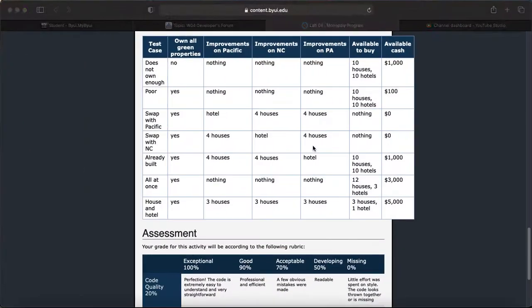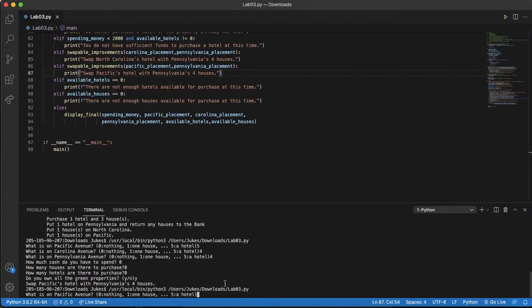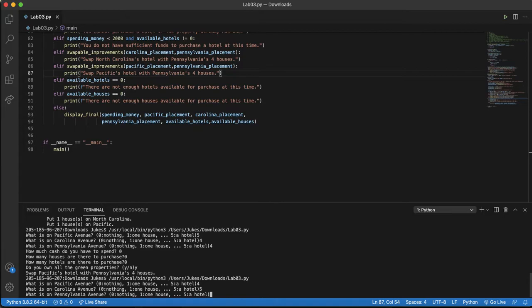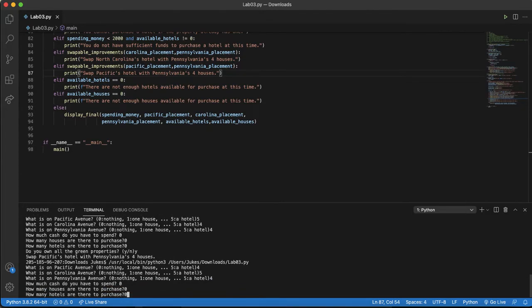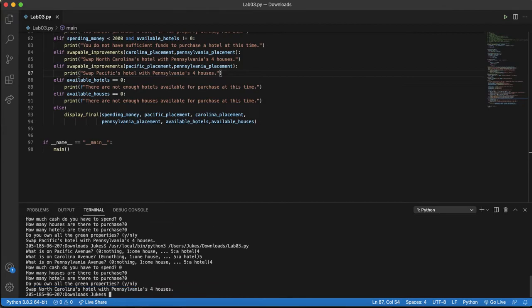hotel with something else. And now we can change it up a bit. Let's do 4 hotel and then 4 houses again. But we'll keep everything else the same. And it says North Carolina can switch with Pennsylvania. So these swap improvements functions work,